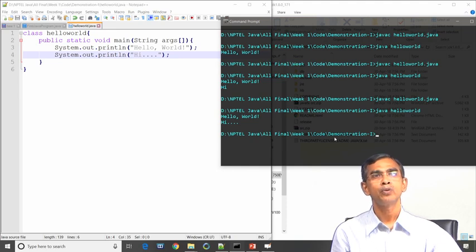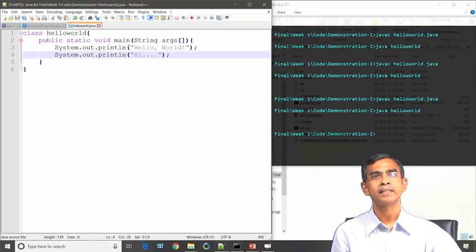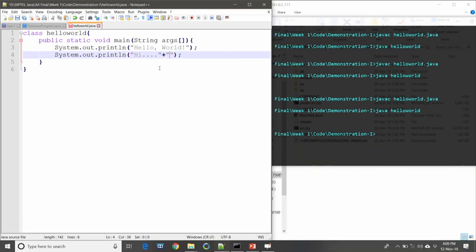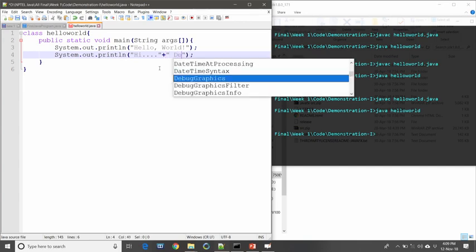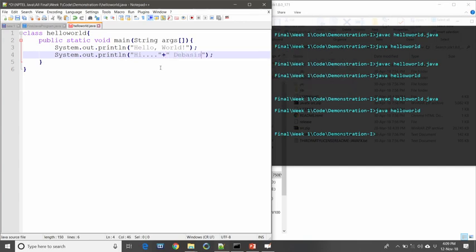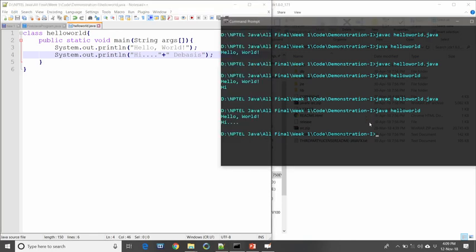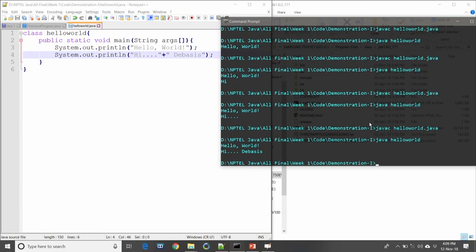Now, if you want to print two messages in one println statement, we usually use the plus symbol. So, hi plus hi plus Devashish. Okay. So, now here in one line it will print hello world, then in the next line hi, and then Devashish will be printed, you can see. Okay. So, now I hope you have understood that it is a very simple statement and a simple program indeed. So, how you can run a simple program, this is a good starting point for you actually.